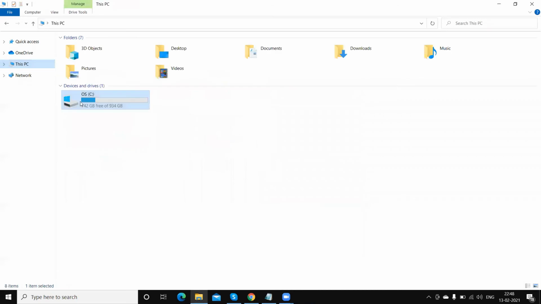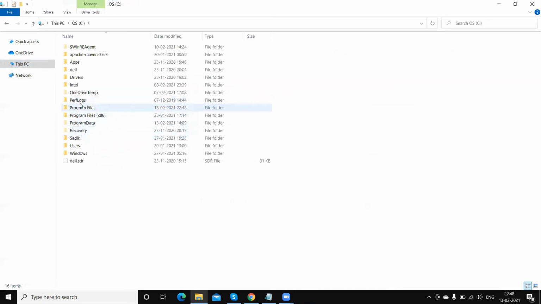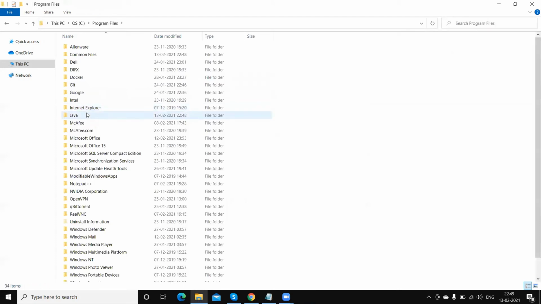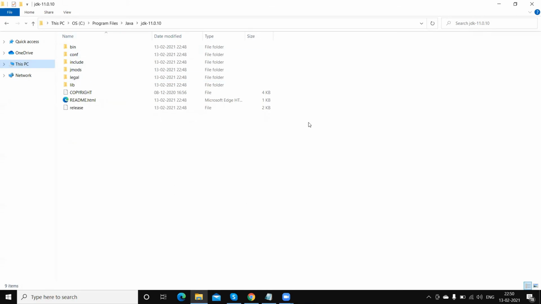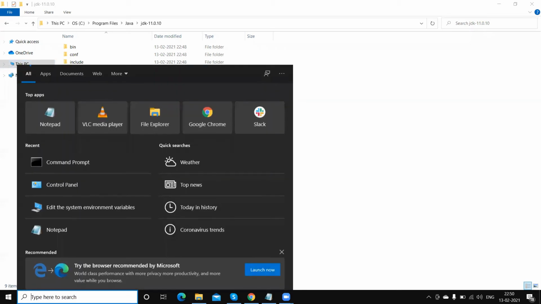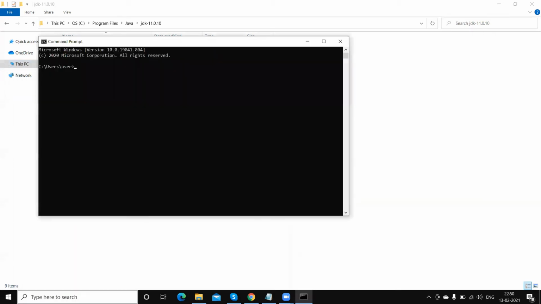Now go to your folder. Here in Program Files you will see there is Java. Okay, so by default the Java JDK is installed here. Once Java is installed successfully, then we need to set up the Java path in the system environment variable. Why do we need to set this up? Because if we run the Java command from the terminal or from anywhere, Windows will not be able to identify the Java command.